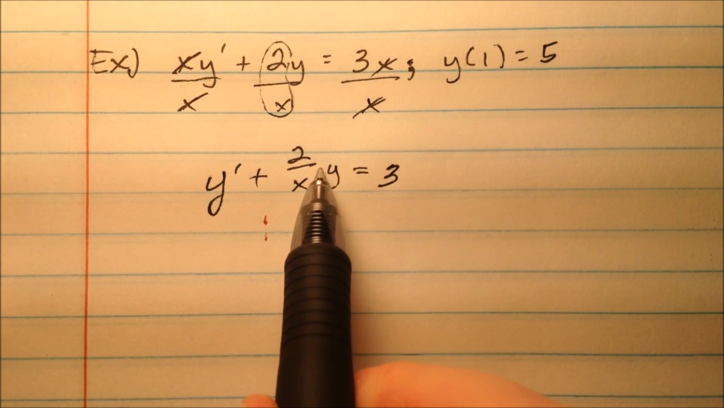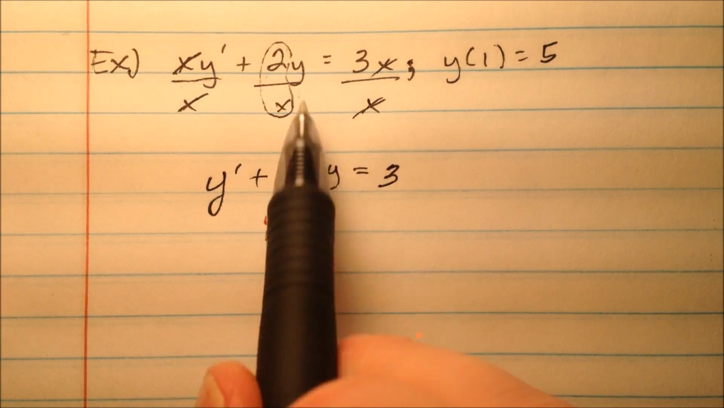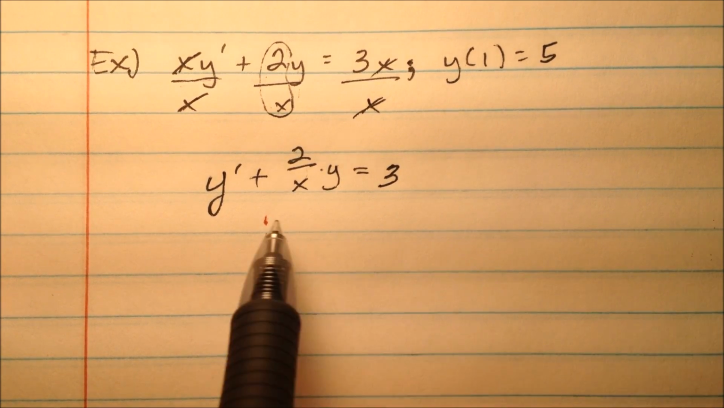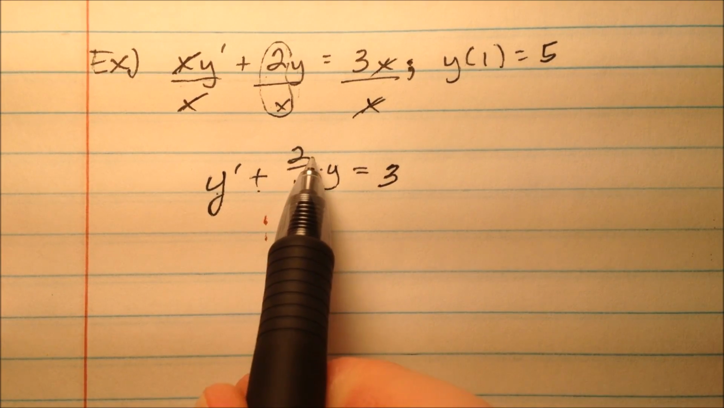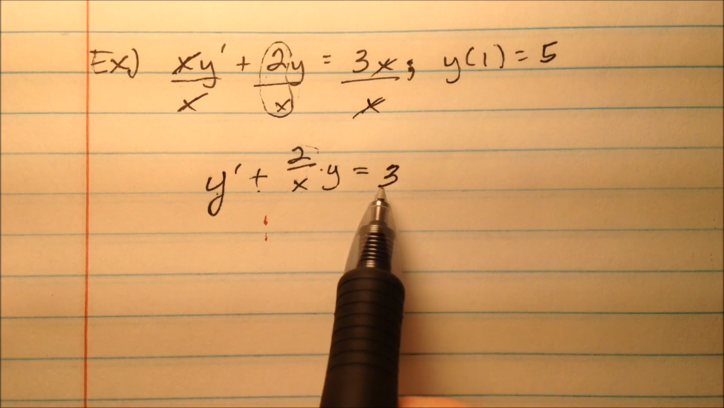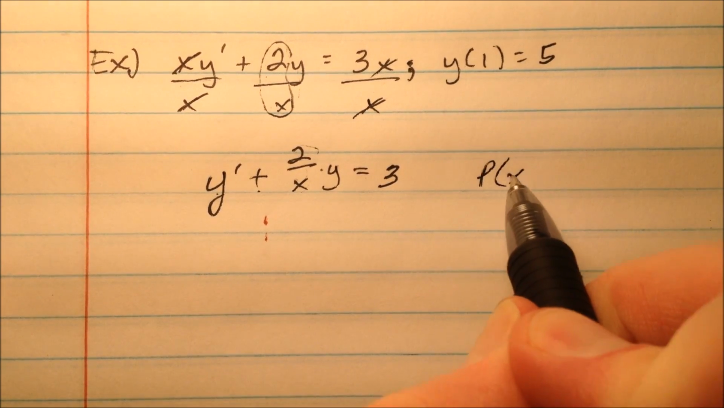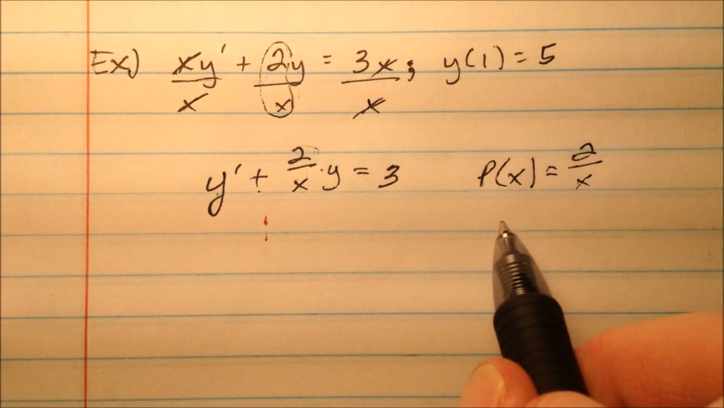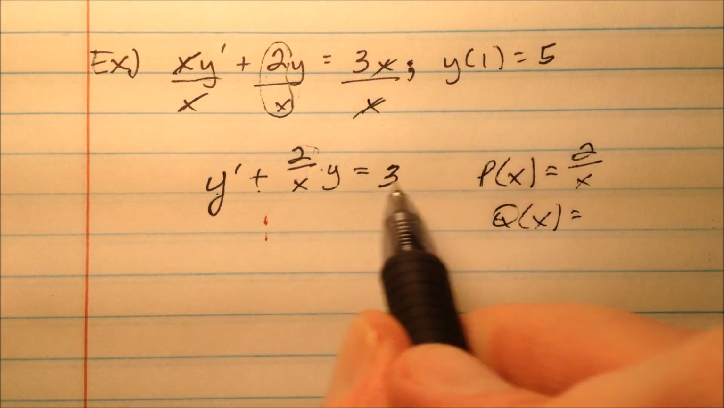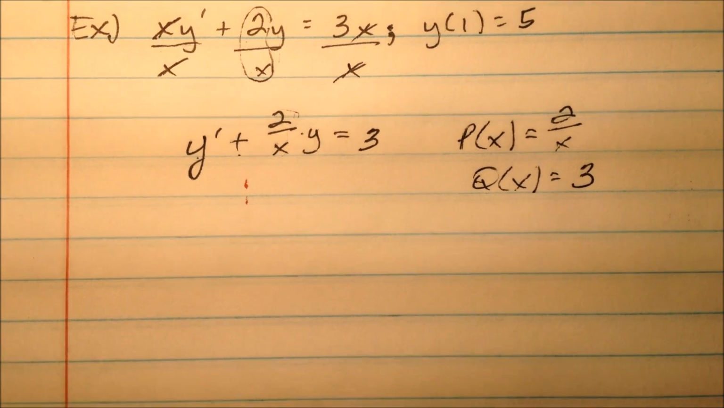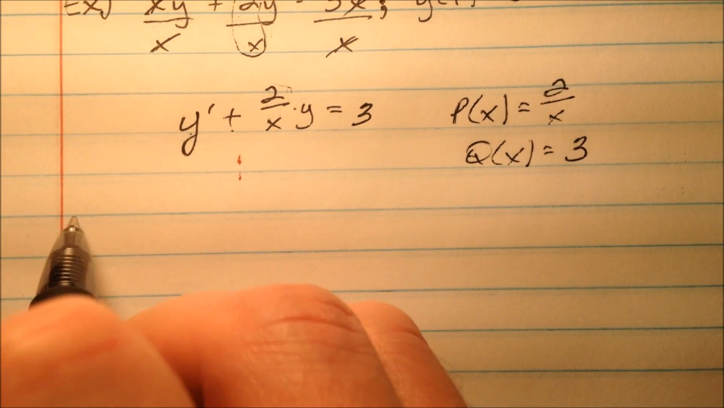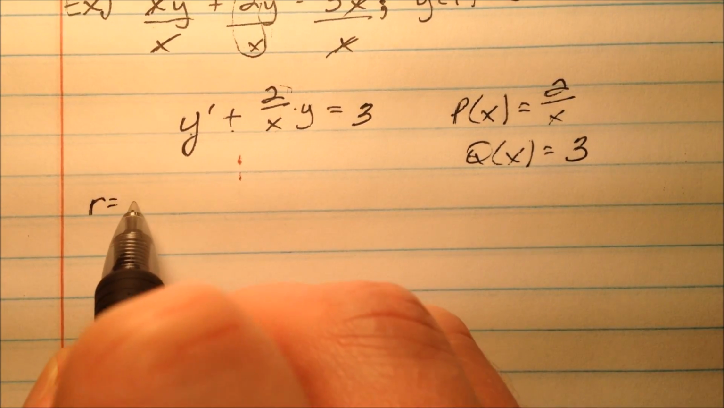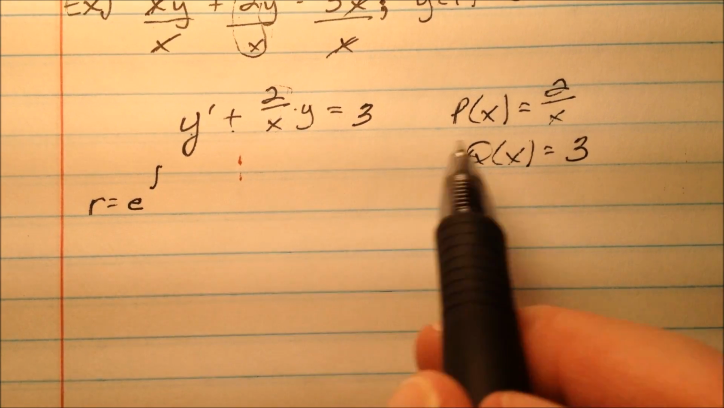Okay, so the reason I put the 2 over x together and left that y on the side is because, remember, it needs to be y prime plus p of x, a function times y, equals q of x. So let's go ahead and name our functions here. P of x was this 2 over x, and our q of x was just 3. Okay, so our integrating factor then, we'll say r is e to the power of the integral of our p